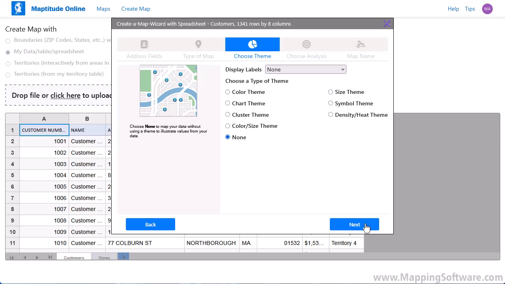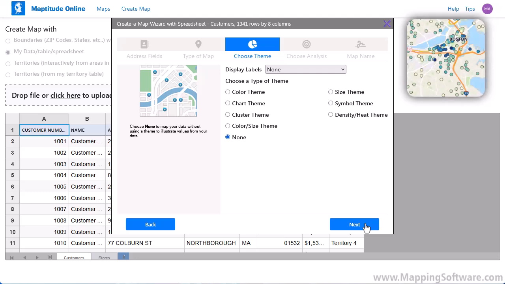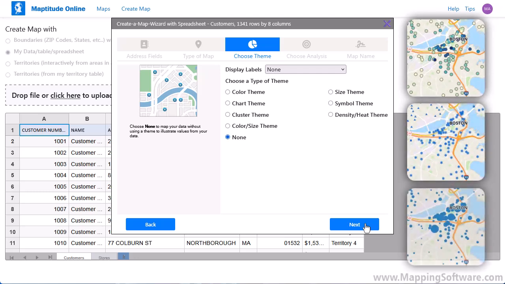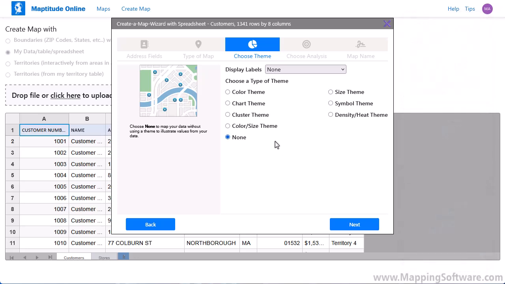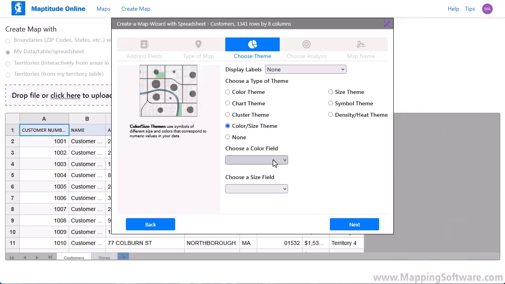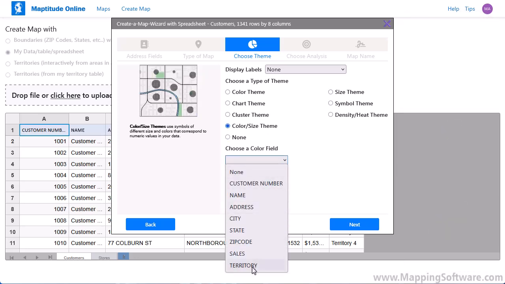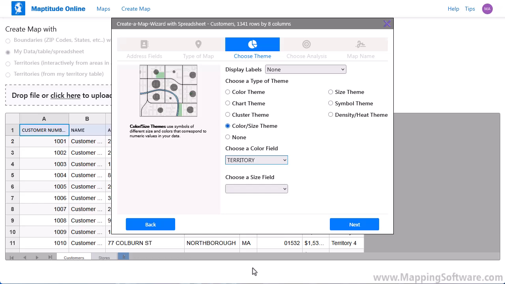Next, you have the option to create a theme using one or more of the fields in the data. For example, you could show the points with different colors, symbols, or sizes. I'm going to choose the color size theme option. Choose the territory field here to show the customers with different colors corresponding to the territory to which they belong. And I'm going to choose the sales field here so that the customers with higher sales will be larger than